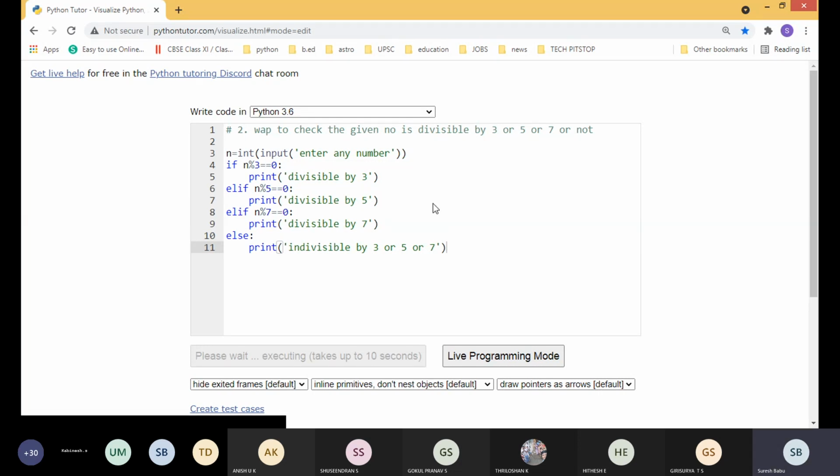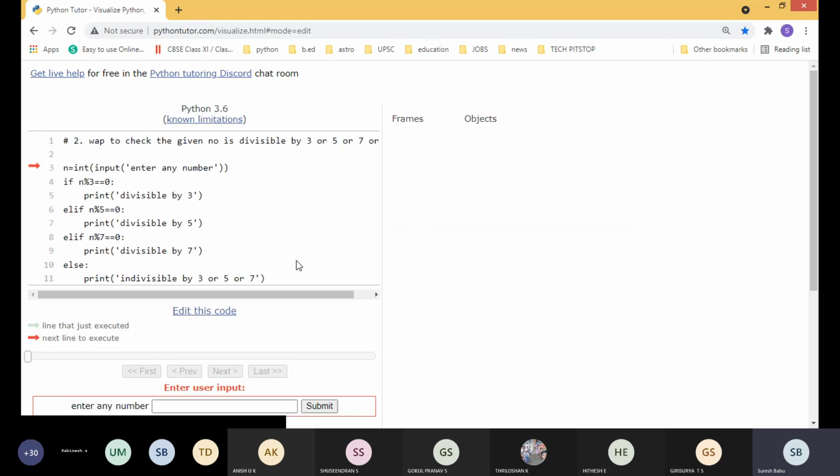Okay, so you can give any number. Anyway, we will get one of the outputs. We have 4 choices, but we will get only one output. So I'm giving 65. 65 means, students, what will be the output? It is divisible by 5.